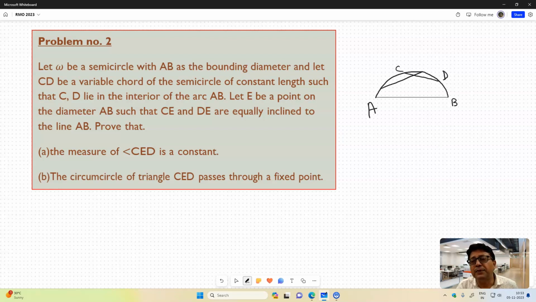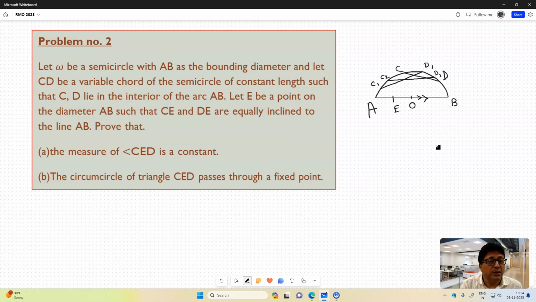This may be the position of the variable chord, at another position, C1, D1. That variable chord may be like this also, parallel to this diameter. Can happen any manner, that C2 D2 is the position of variable chord. This variable chord lie interior of the arc AB, and they have given E, a point. This is the center. E, a point